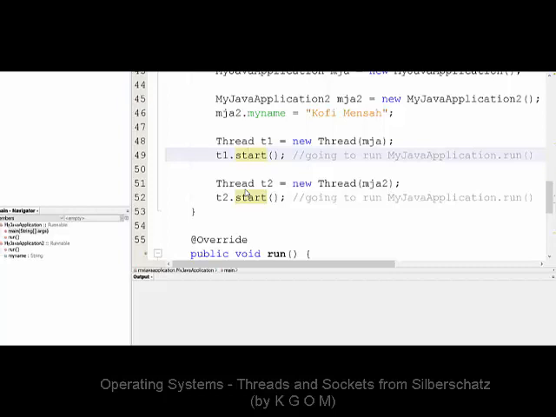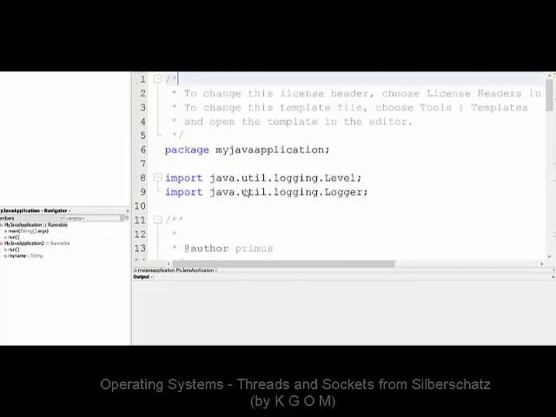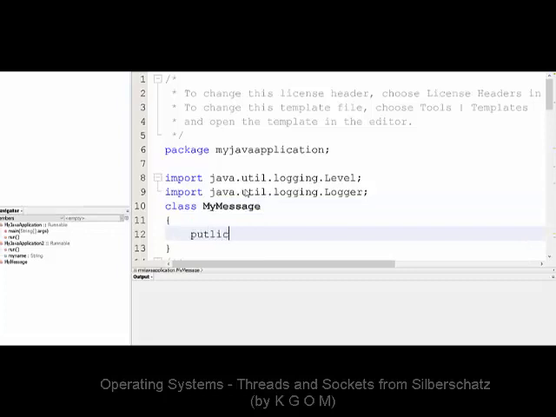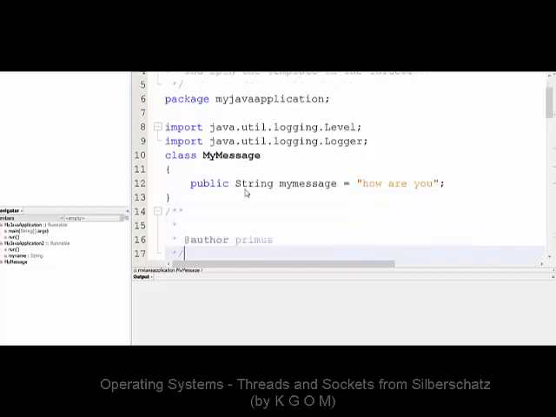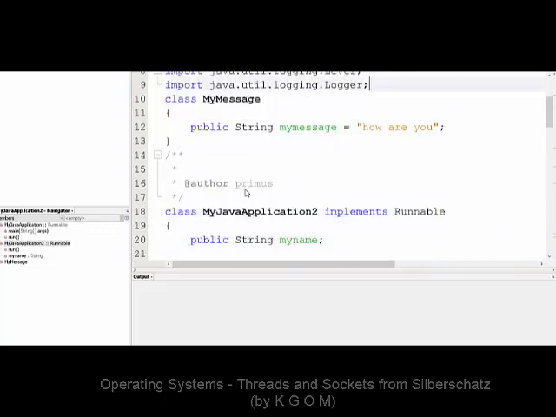So this is now getting disgusting, but we'll talk about it right now. Remember in Java, I'll do this. Class MyMessage. In Java, what we normally do when we want to share is what? To simply pass a reference from one to the other. Or you have a variable, you assign a reference to it. So maybe this is some object that I want to share between what? 2 threads. The simple way to do it is I'm going to create